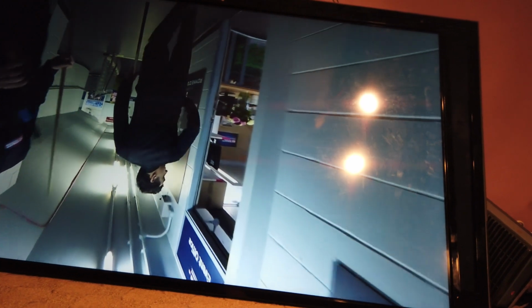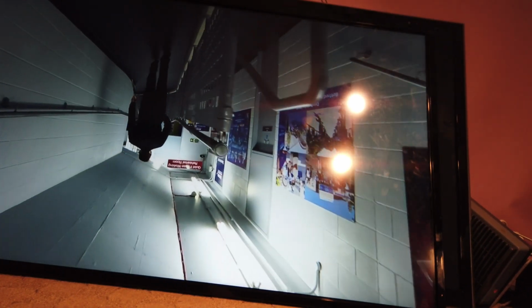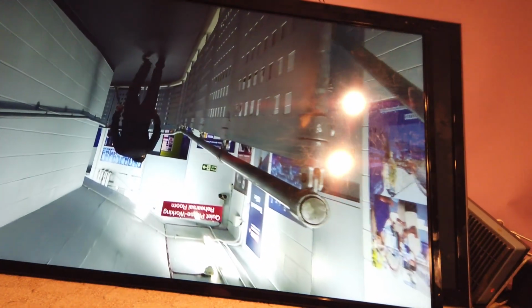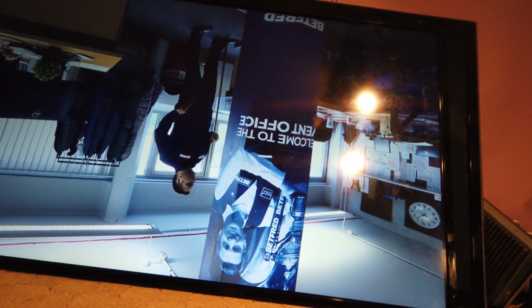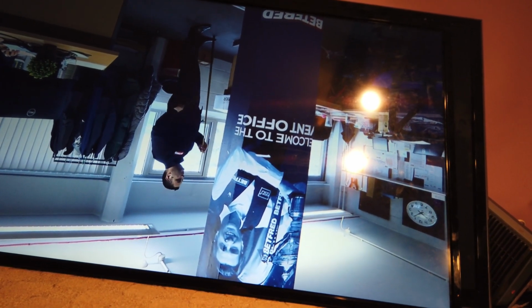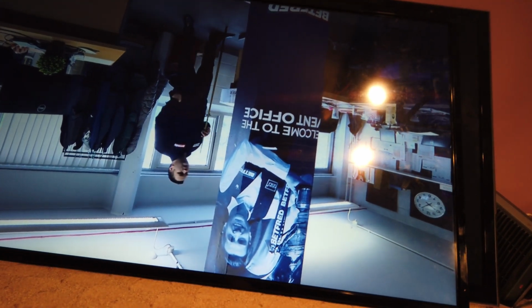So this TV has not been switched on for about 2 or 3 weeks while I've been waiting for this set, but now it's absolutely fine. It is working, but I can't give it back to the customer